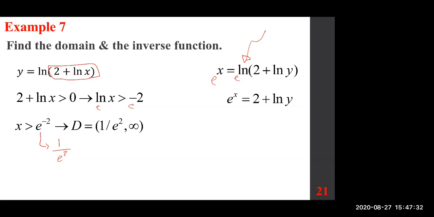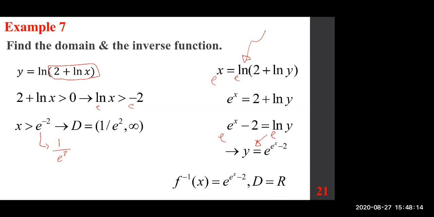And so you subtract the two. You get to ln y. And you do the same thing again. So y is e to the power of the left side, if you will. Okay. So in other words, you can say e to the power of this, e to the power of that, e to the power of ln y becomes 1. And as you can see, this is the f inverse, and the domain for it is all real